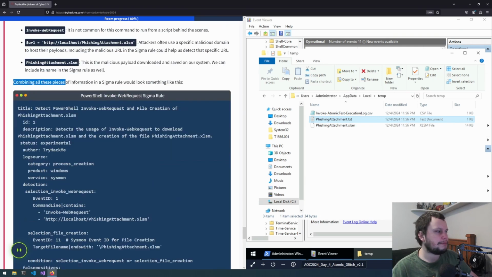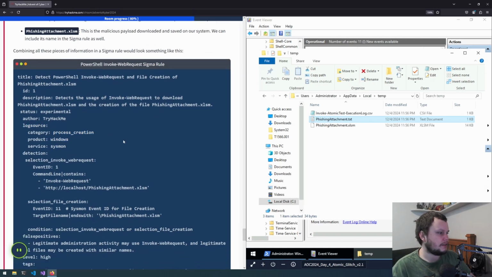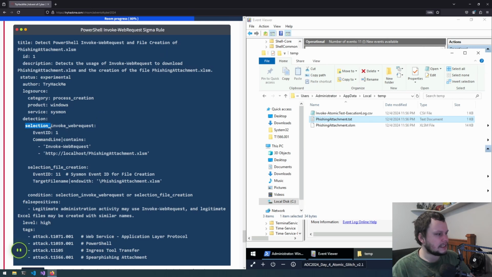So combining all these pieces of information in a Sigma rule would look like this. You give it a title, an ID, a description of what it does. So it detects the usage of Invoke-WebRequest to download phishingattachment.xlsm and the creation of the file phishingattachment.xlsm. So the log source is Sysmon Windows process creation, and to detect it,